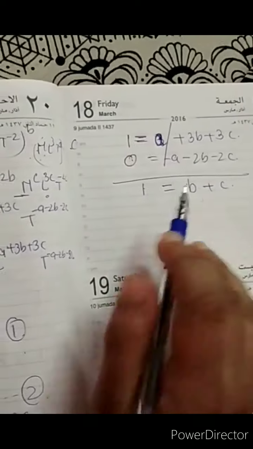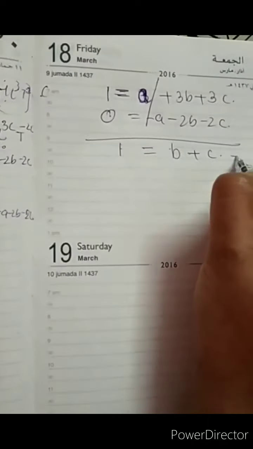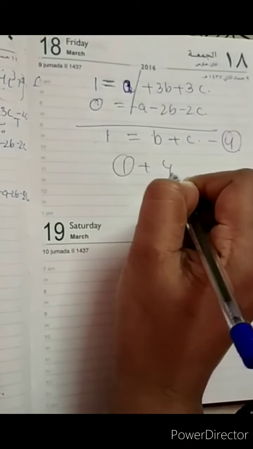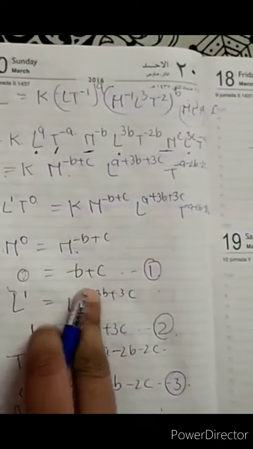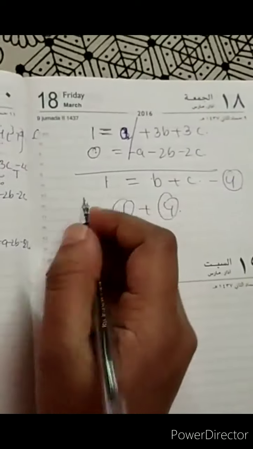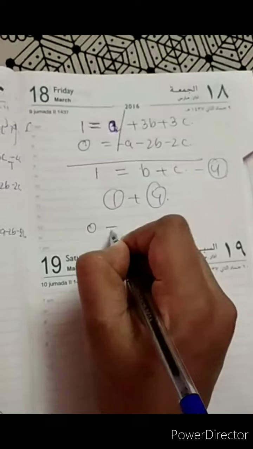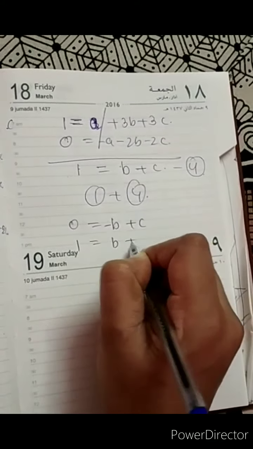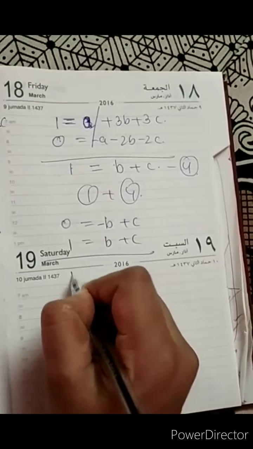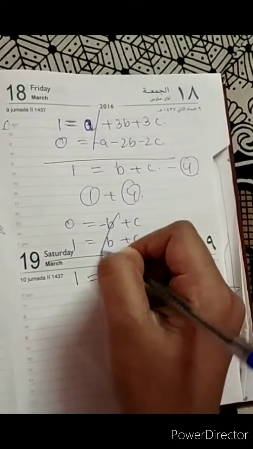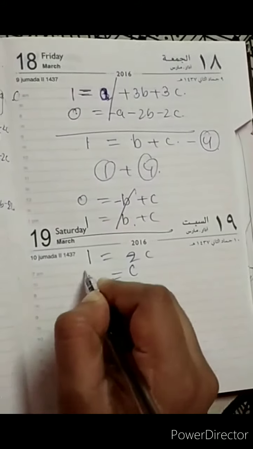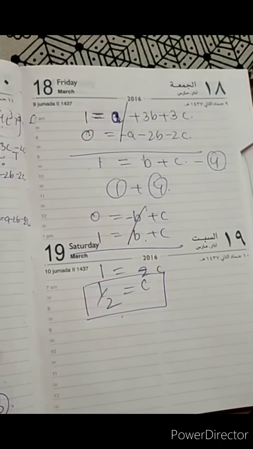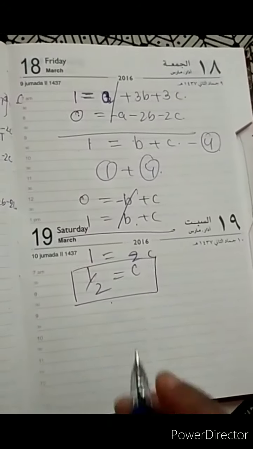Okay. Now 1 is equals to b plus c, let us call this equation 4. From now, equations 1 and 4, add 1 plus 4. This is my equation 1. Adding, you will get 0 is equals to a plus b plus c, and 1 is equals to b plus c, and if you add it you will get 2c, correct? So c is equals to 1 by 2. Got one value c. Can we get the value of b also?